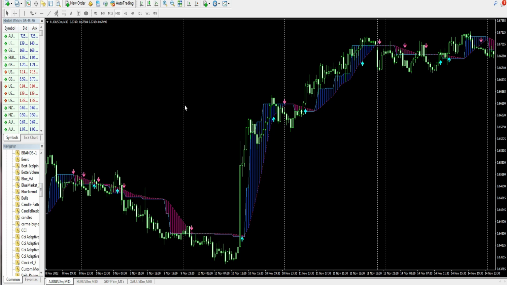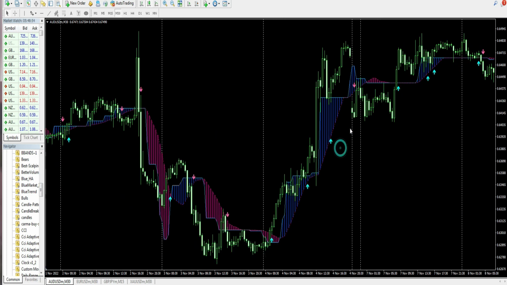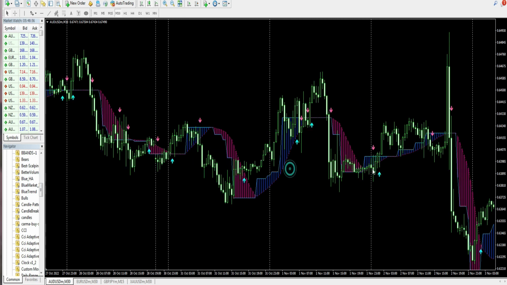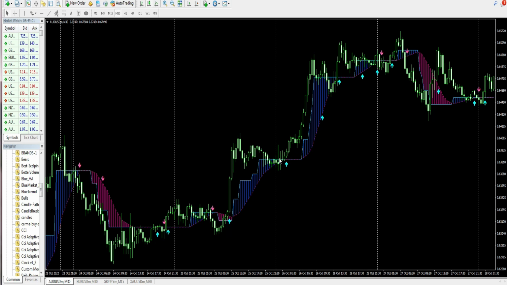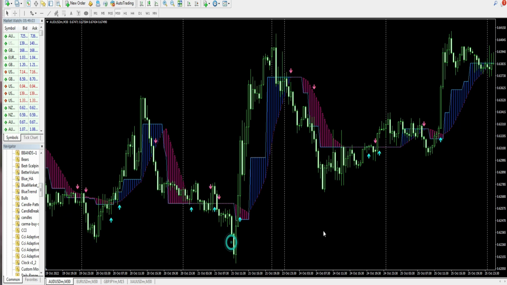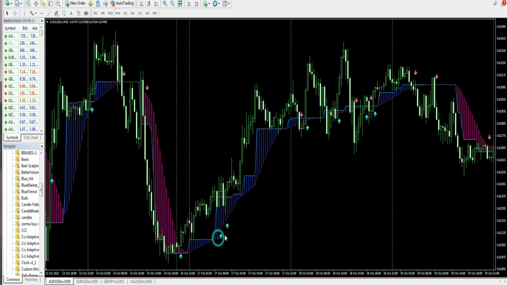2. Piercing pattern. Piercing pattern is a multiple candlestick chart pattern formed after a downtrend indicating a bullish reversal. Two candles form it, the first candle being a bearish candle, which indicates the continuation of the downtrend. The second candle is a bullish candle, which opens with a gap down but closes more than 50% of the real body of the previous candle, which shows that the bulls are back in the market